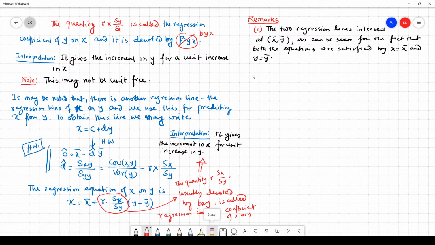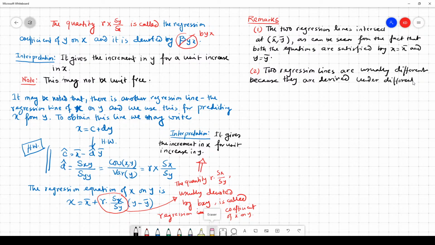Next remark, two regression lines are usually different because they are derived under different conditions. Why? Because if you look at the diagram,